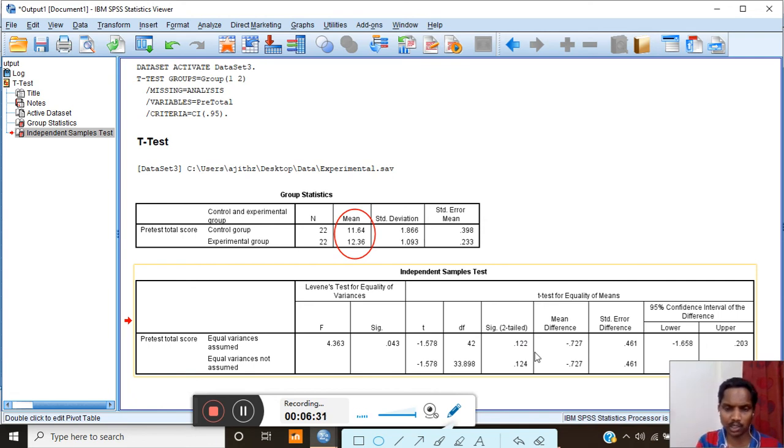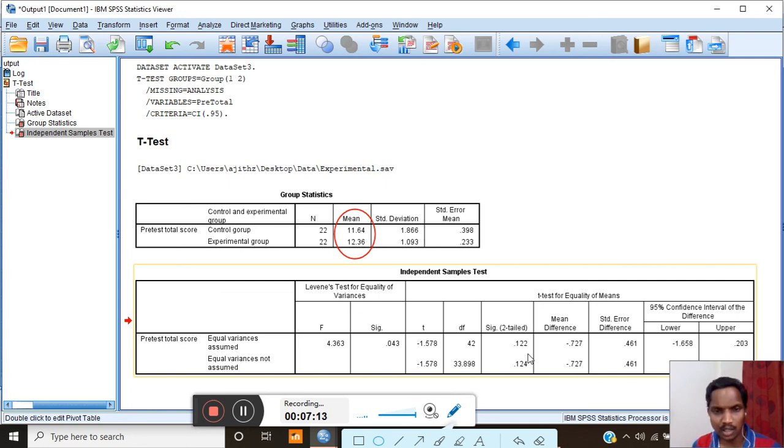Why? Because before the experiment the mean should remain the same, because both the groups are equated. There won't be much difference between the control and experimental group. Their academic achievement, their scores on any test, you will get the same score for both the control and experimental group, and therefore the mean scores of pre-test will remain the same, which you can see from this significance value. Since it is greater than 0.05, we can tell that there is no significant difference between the control and experimental group. Maybe after the experiment there can be changes.